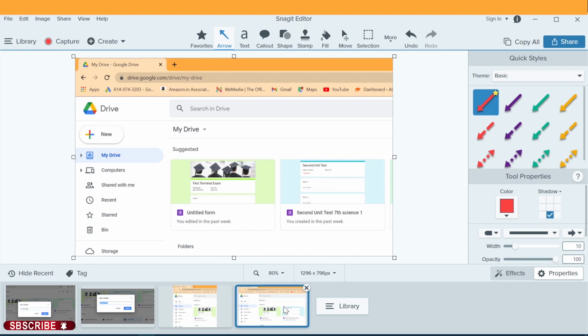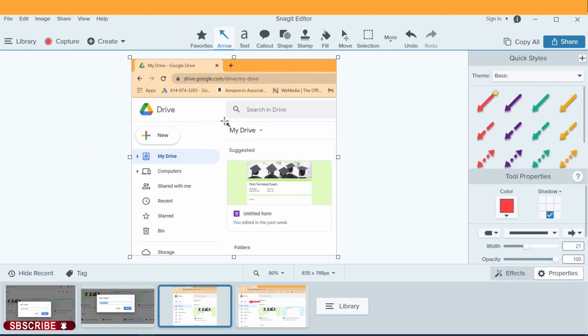Now we are going to show directions how to create a new folder in Google Drive. So this is our first interface, and here we will draw an arrow over new. So let us click, and here we are going to create a new arrow highlighting new. Now let us come back to our second image. Here we are going to highlight new folder.